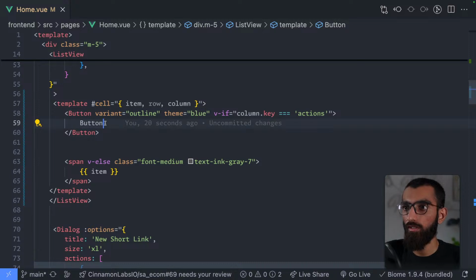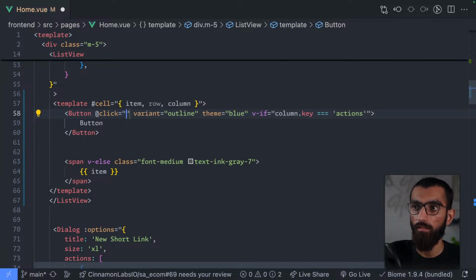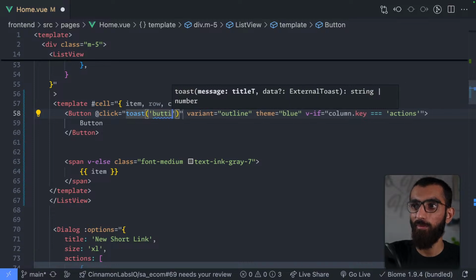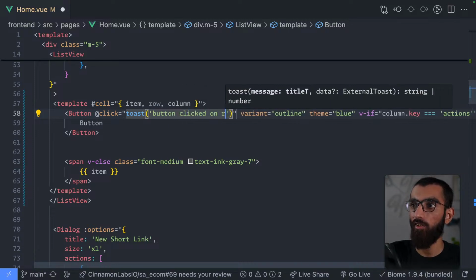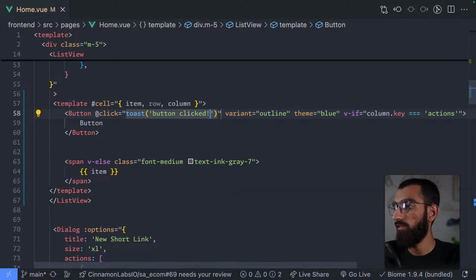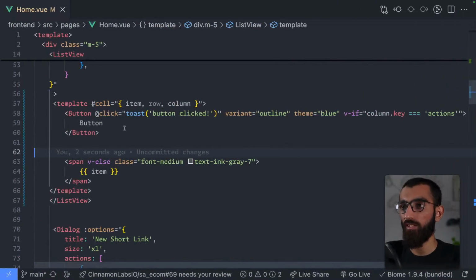So we want a click. Since we have the toast, we can reuse it. Button clicked on row. If you see, both are being triggered, right? The button click is also being triggered and the row click is also being triggered. So what we can do is we can say